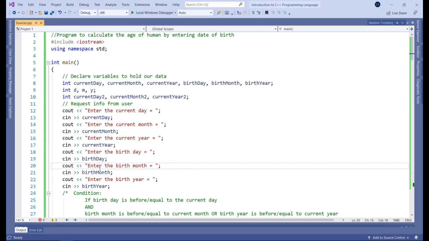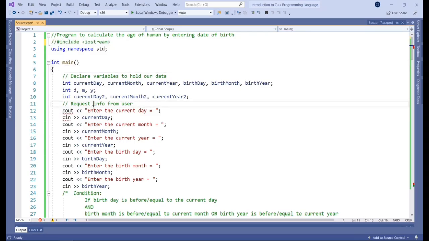This was supposed to be a program used to calculate the age of a person by entering the date of birth. We start with our preprocessor, which is iostream, necessary for dealing with inputs and outputs. If you get rid of that, instantly you start to get errors in your program.